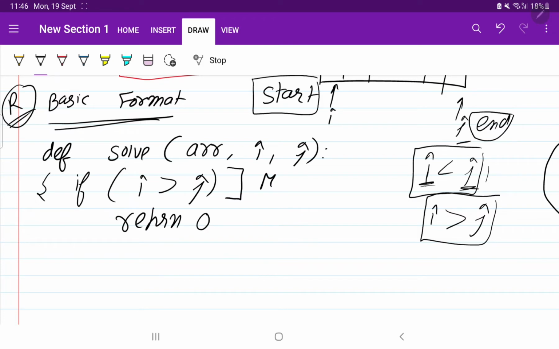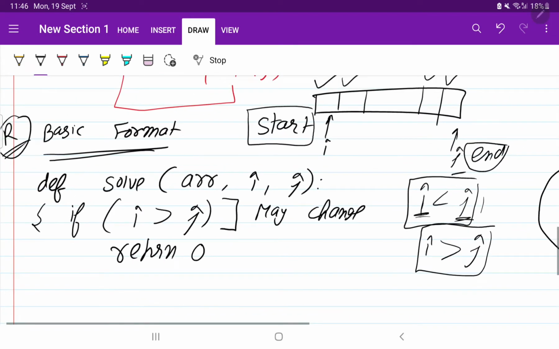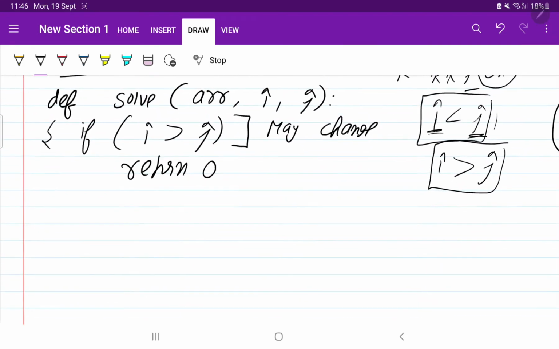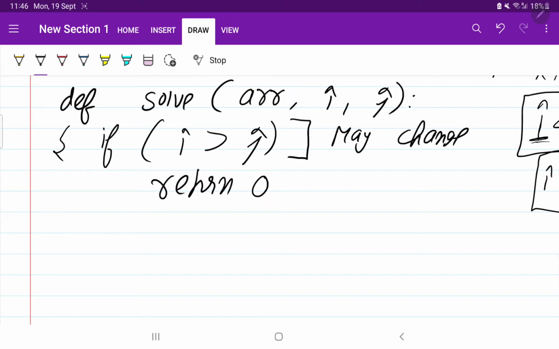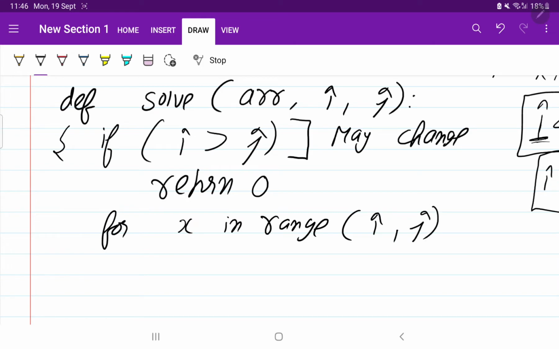And this is just a format. Okay, this may change according to the question. I am just telling you the format, first of all how you have to think for solving the MCM question. Then what I told you, we have to do the partitions. So we have to move this k from the starting point to the ending point. It means we have to use the for loop. Perfect. So for, let's say we are going to use a variable x in range, I am writing the Python syntax, you can write any other syntax as well. So it starts from i to j.